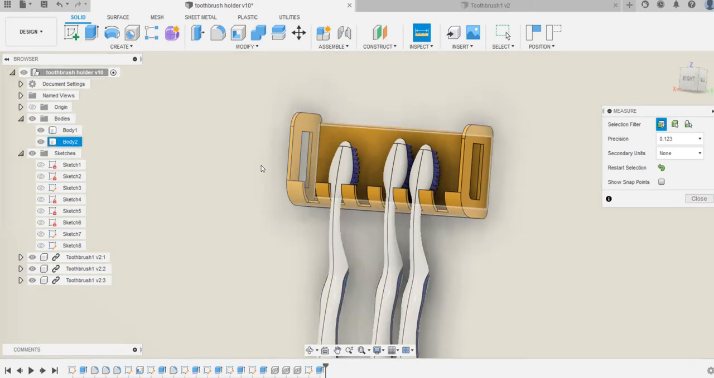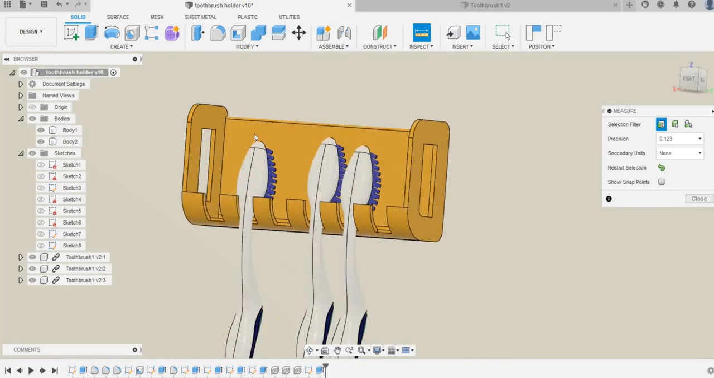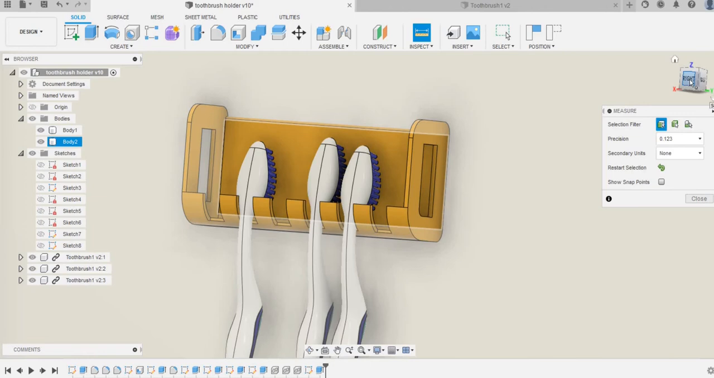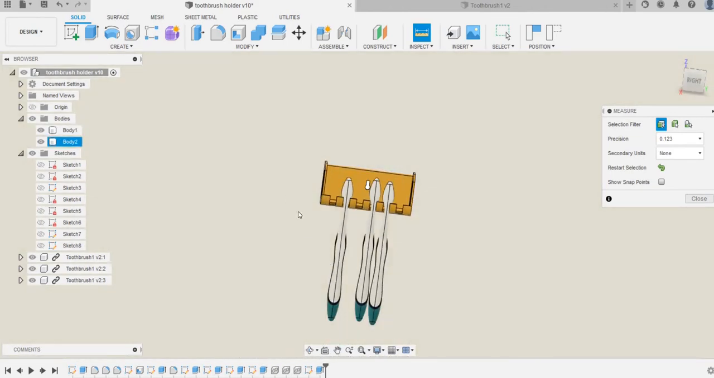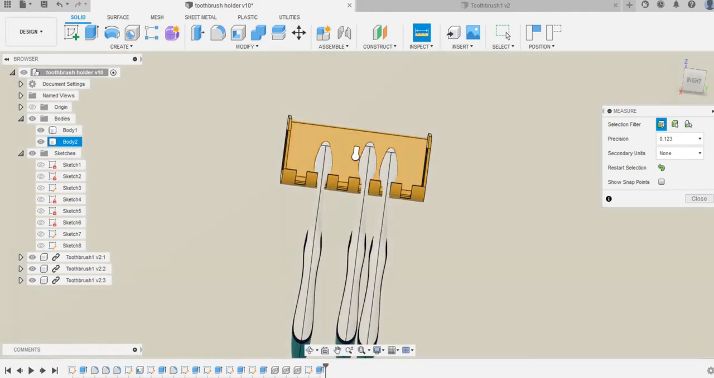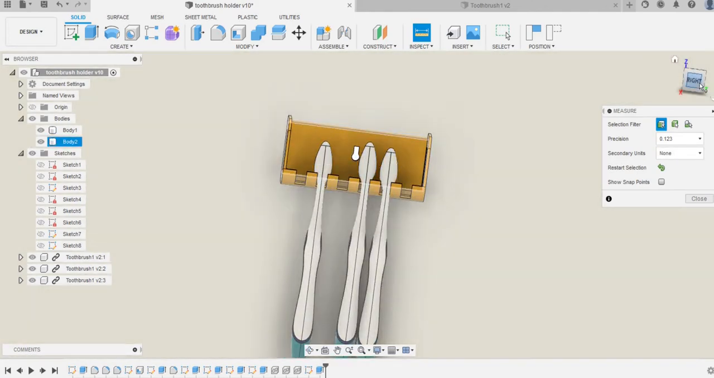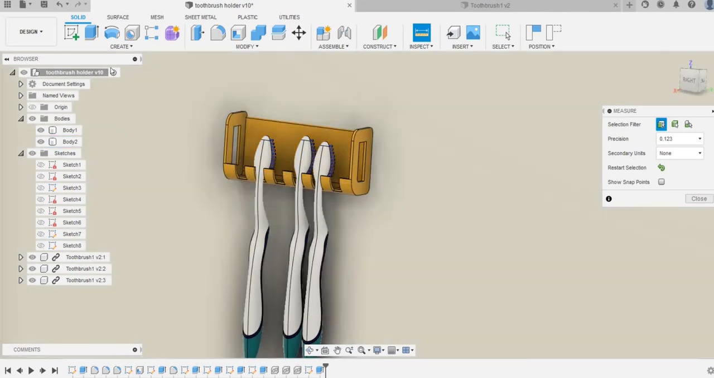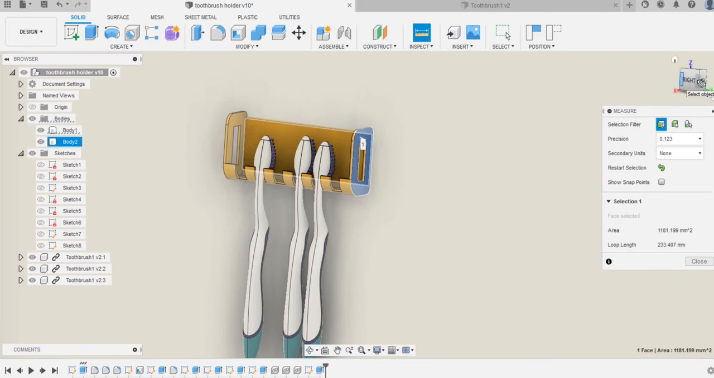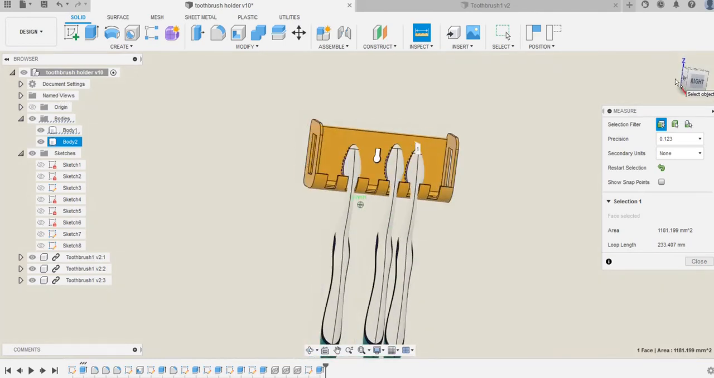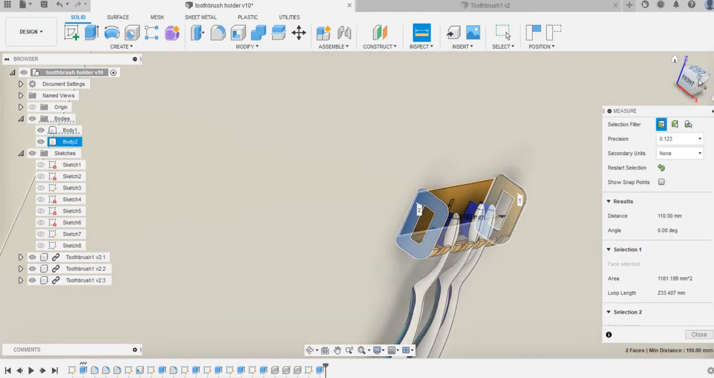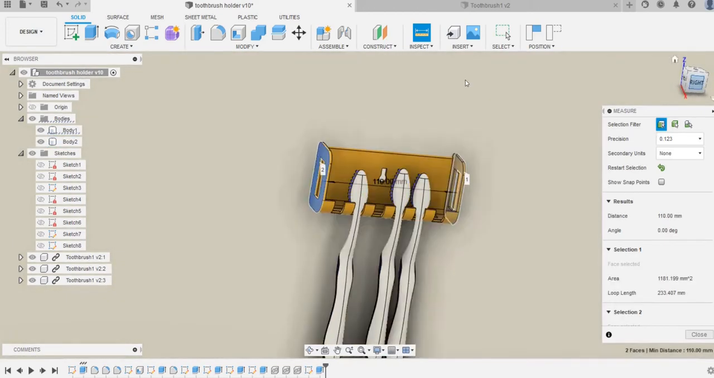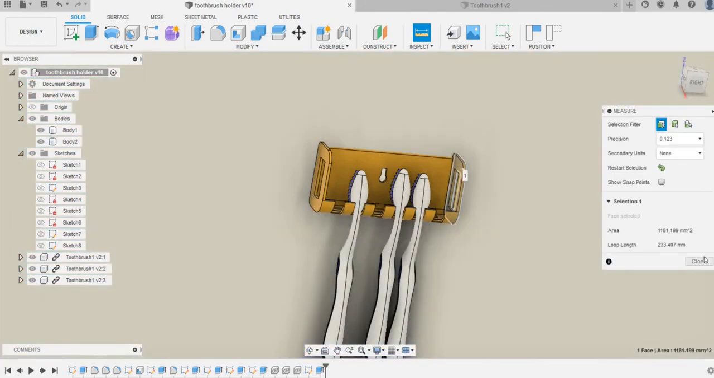So I also created a wall, since this toothbrush holder is meant to be mounted onto the wall, as here is a hole, or you can use double-sided tape to hold it onto the wall. So basically it's around 110 millimeters. Let's confirm. From this end to this end is 110 millimeters, and also the height is roughly